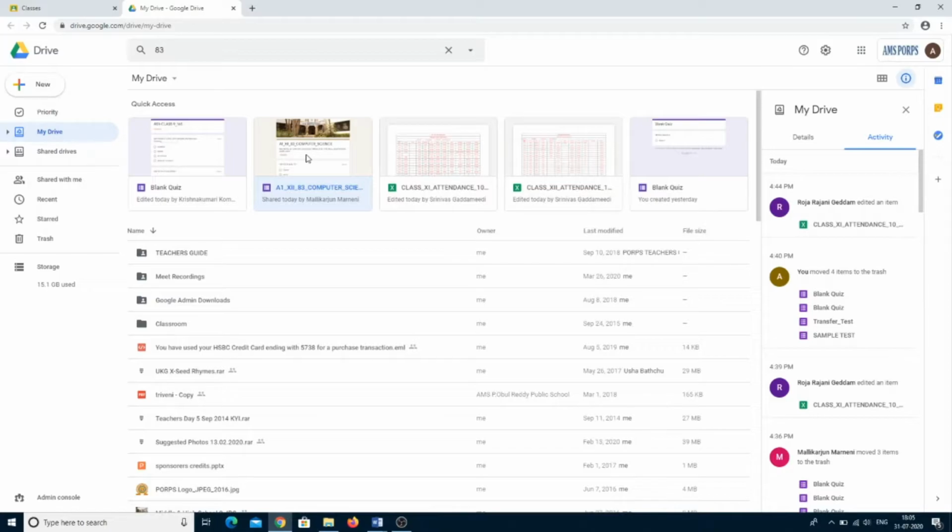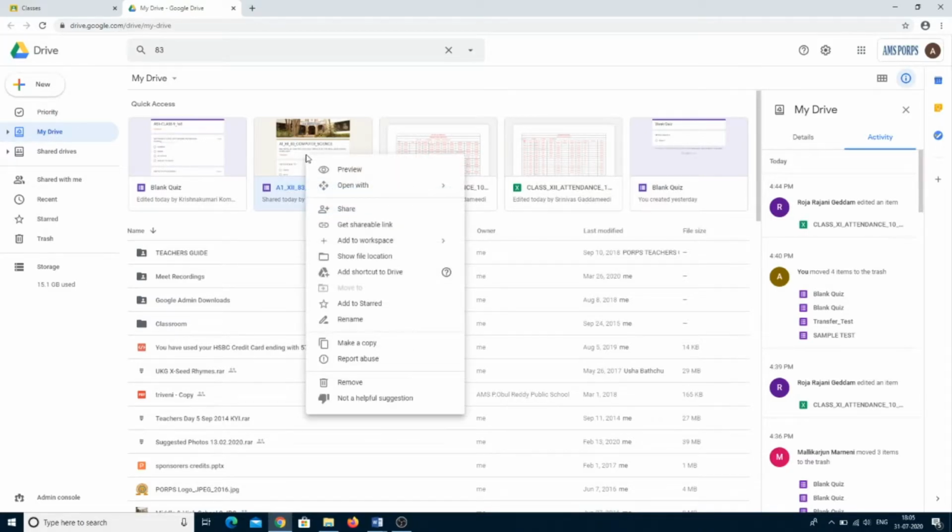the email ID given by the administrator, so that you can post this assignment to all the sections. As HODs, we are not giving access to individuals for all the sections. So what we are doing is, we are giving a common email ID, onlinemonitor@amspops.org. So now as a HOD, after checking, I am sharing this Google form.